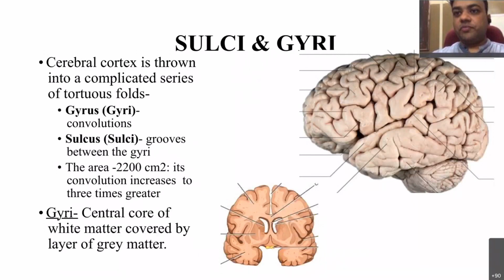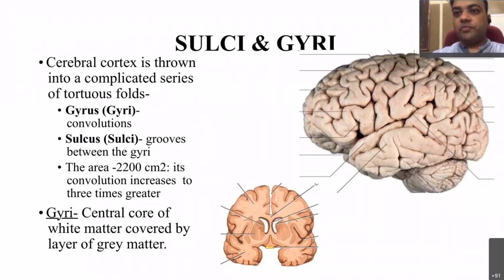So here you can see the diagram of the cerebrum, along with the cerebellum, and hidden anterior to that, the brain stem. The whole of the neural structure of the intracranial cavity, and below that there is the coronal section of the brain, that is mainly the cerebral hemisphere, the whole cerebrum. The outer part of the cerebrum is known as the cortex. So here in the cerebral hemisphere it is known as the cerebral cortex.